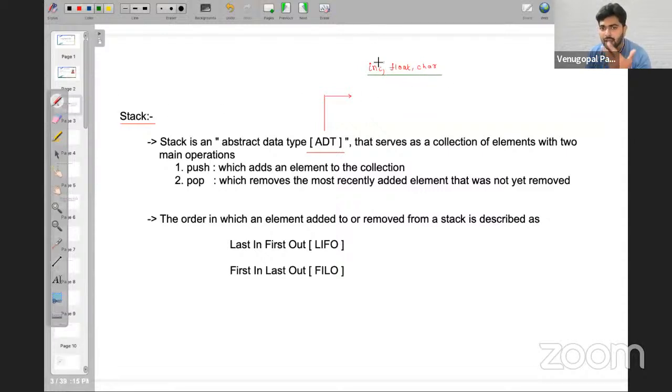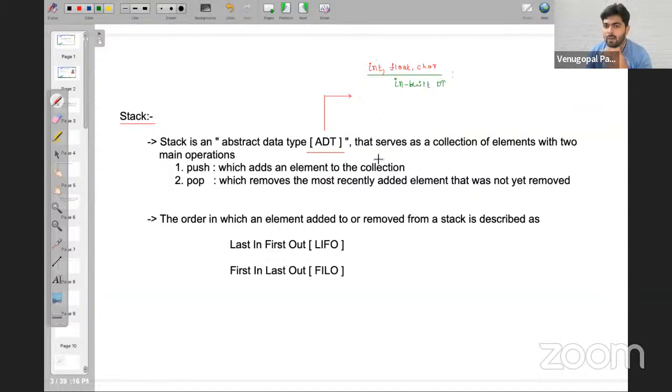For example, if you have two integers, we can add them, subtract them, or multiply them. There are some standard operations we can perform using these inbuilt data types. But what if I want to perform my own operations? These are the inbuilt data types, and we can perform predefined operations.